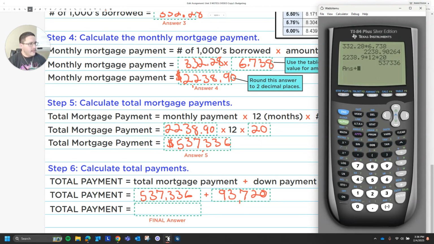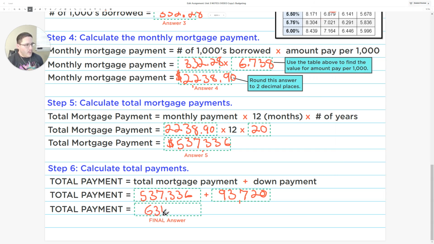We get 631,056. So the total payment with the down payment included is